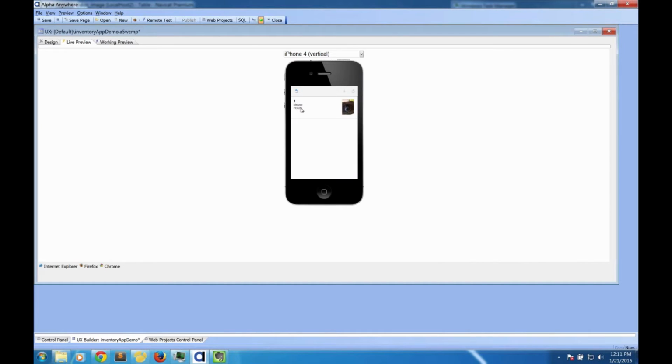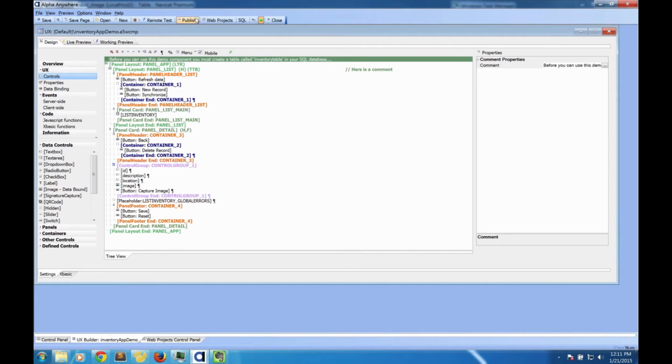So it's a very straightforward application there, but that's not very exciting because it's running on my desktop. So let's go back into design, and let me go ahead and run this in remote test. I don't know if people have had that example, but built into Alpha is the ability for you to run this UX component right from the development machine on your